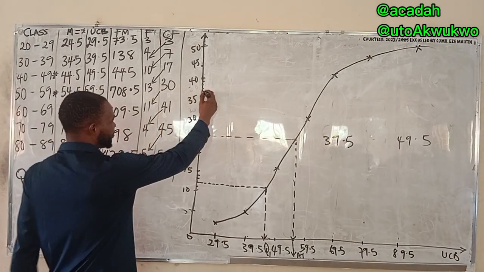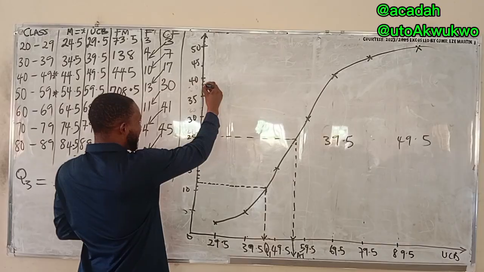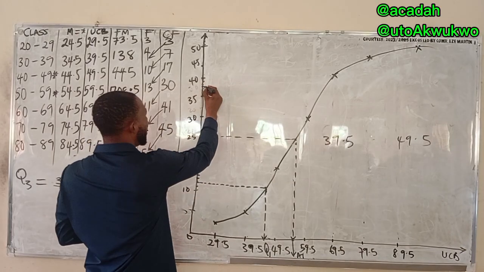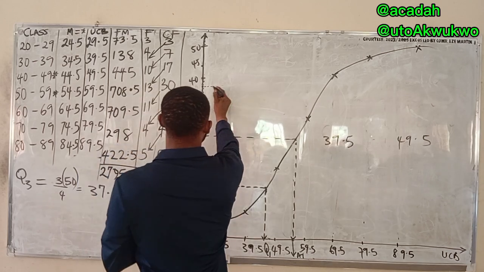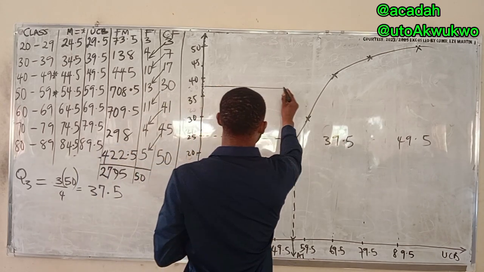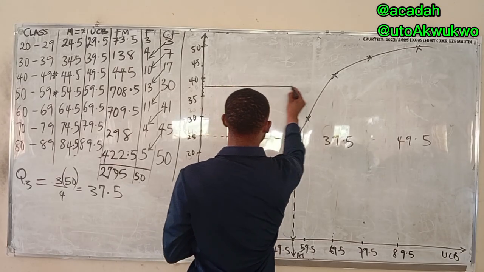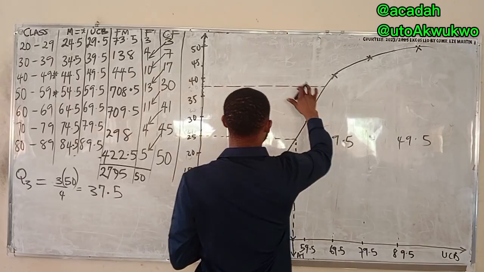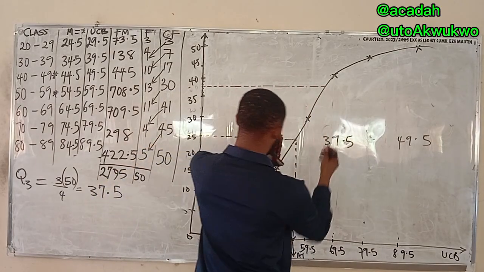So see, this is 36, 37. So between 36, 37 and 38, I should have 37.5. So I'll place this straight. Let's say I locate this down to a straight line. Then you use that to draw your result. So it's the line you're drawing, straight line. So from here,